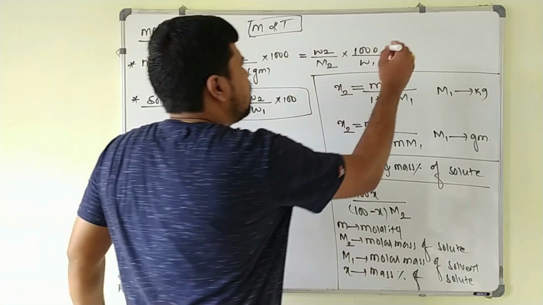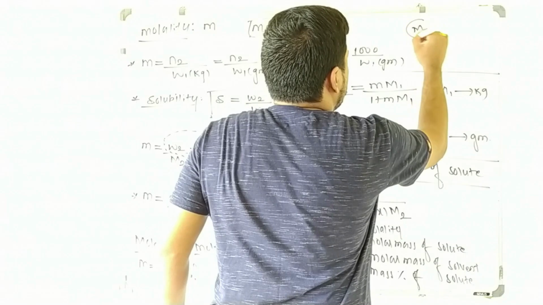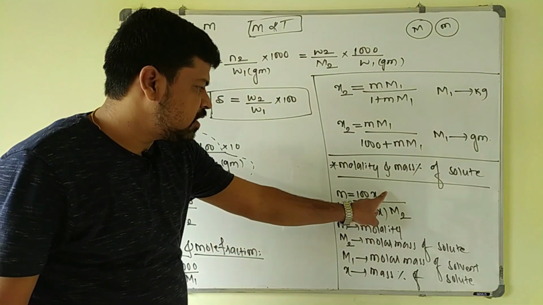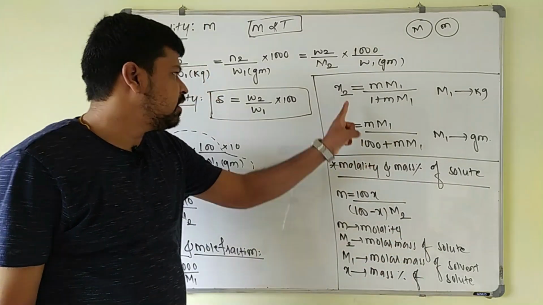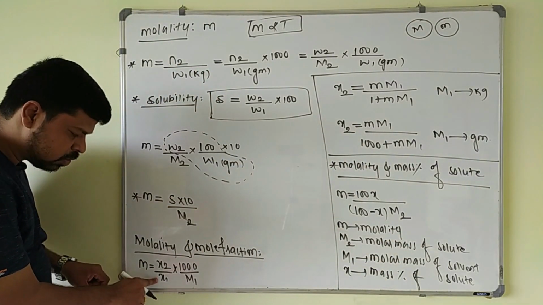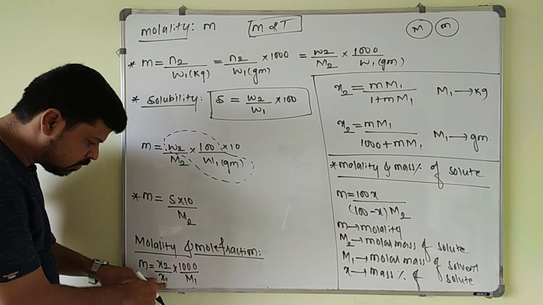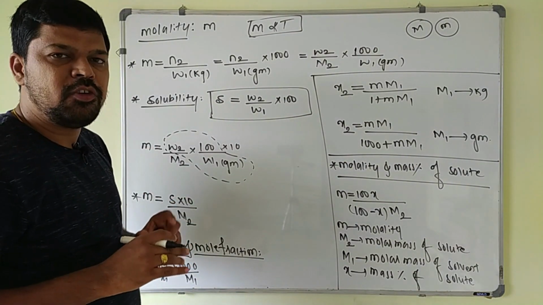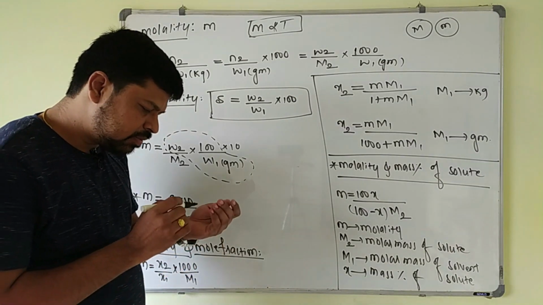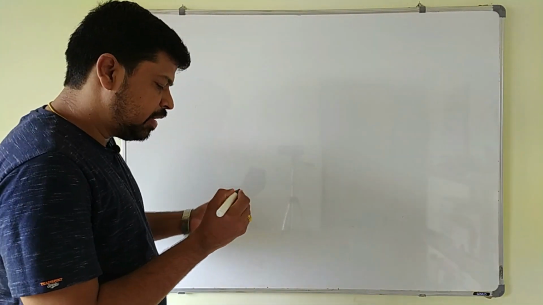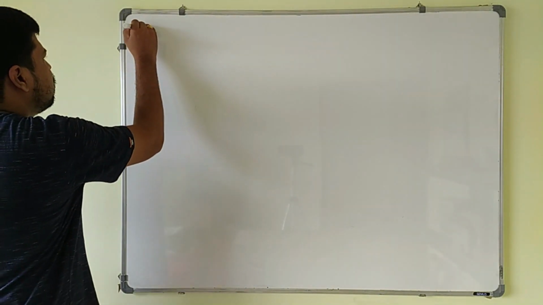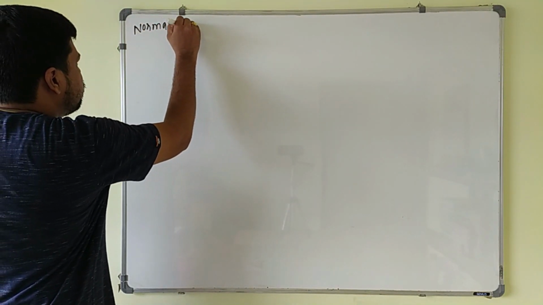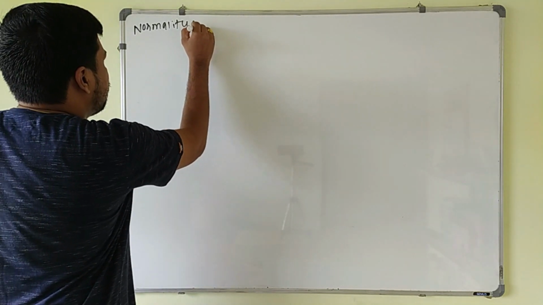Simply, small m is written for molality. In this formula, x is the mass percentage. In this one, x1 and x2 are the mole fractions of solvent and solute here. Okay, these are very important formulas for the numericals, you have to remember. Next, the next concentration term is normality. This is also very important. So many problems will be asked on this one, that is normality.